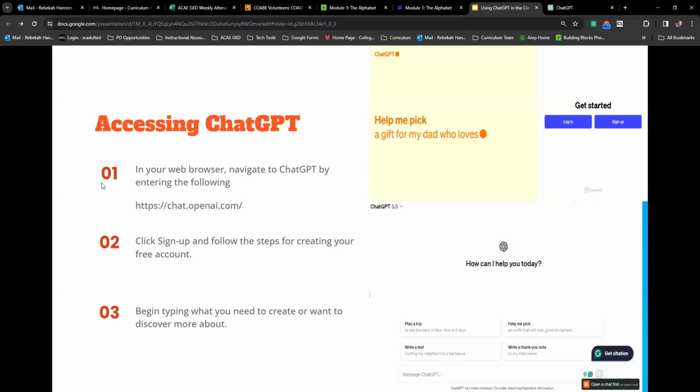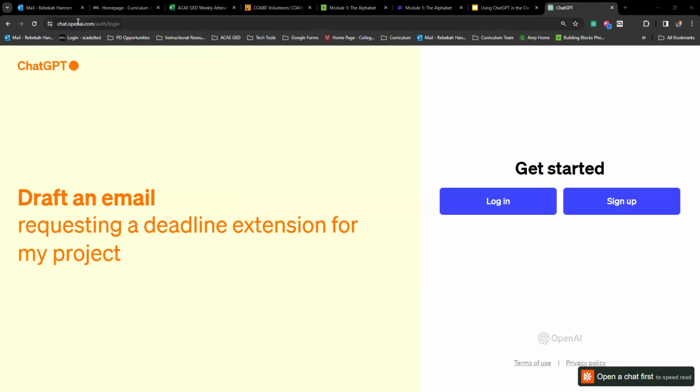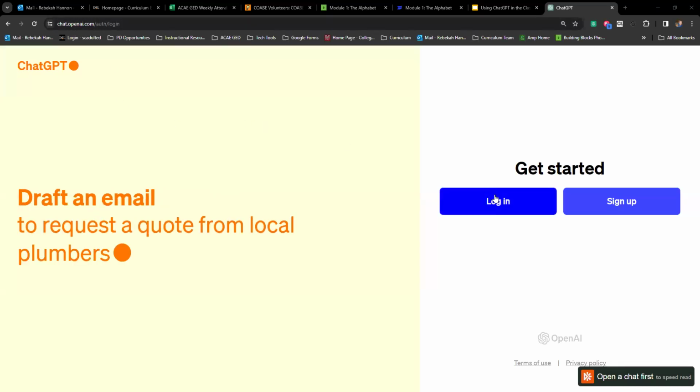But once you've done that, you have your account set up, you will see what looks like the screen below here, and you can begin chatting away, creating and discovering all sorts of new things. So let me just switch tabs here real quick. Again, this is the ChatGPT screen that you see. And here's the website again. All right. If you don't have an account, you would click sign up.